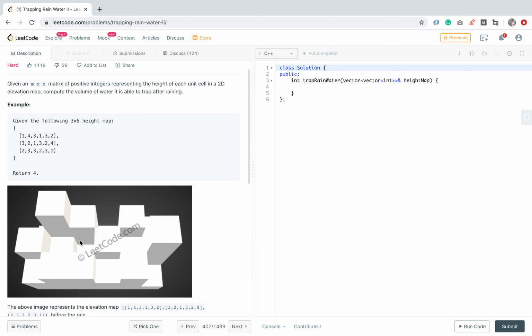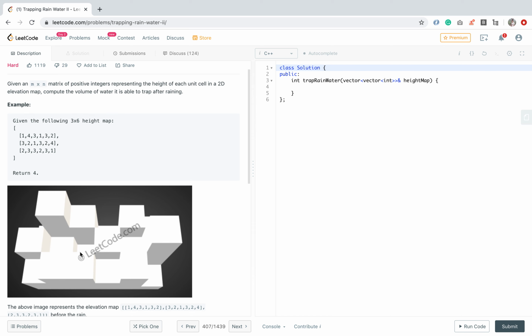So basically in this problem, the water will be collected up to the lowest height of the map from the surrounding area. For that we will use a min heap of the height so that we can get the minimum height of the whole matrix, and then we will navigate the surrounding and fill up the water.